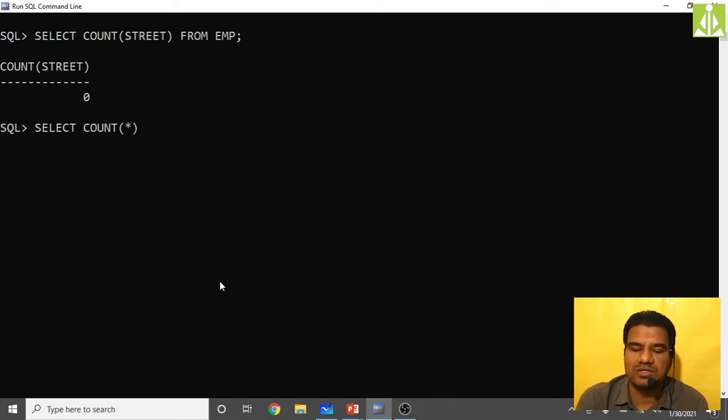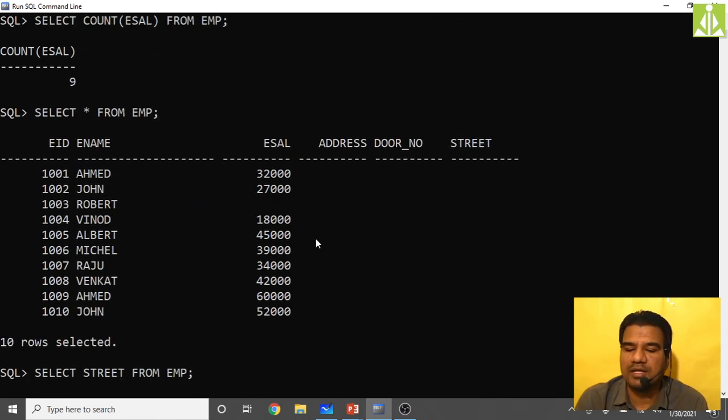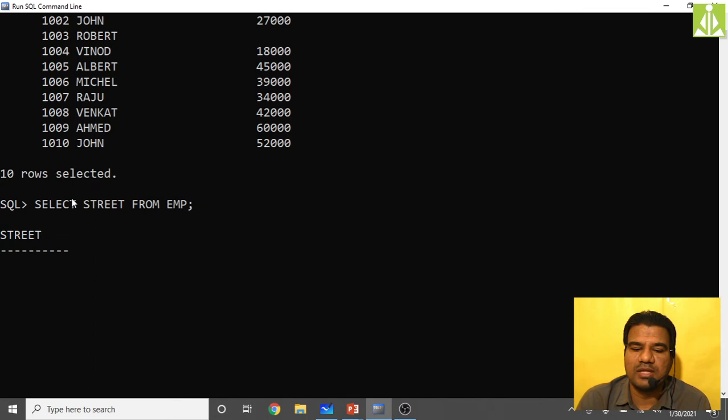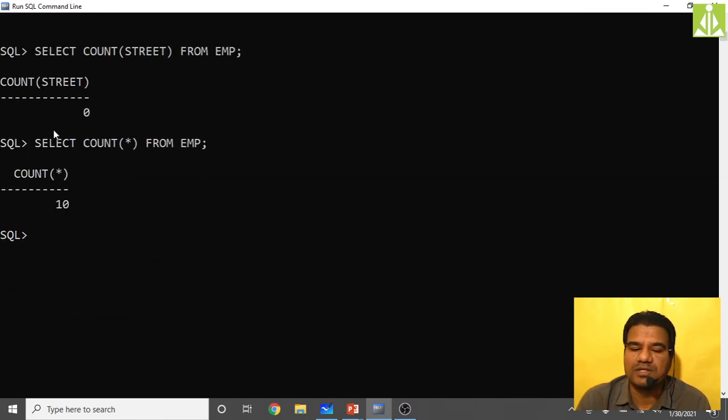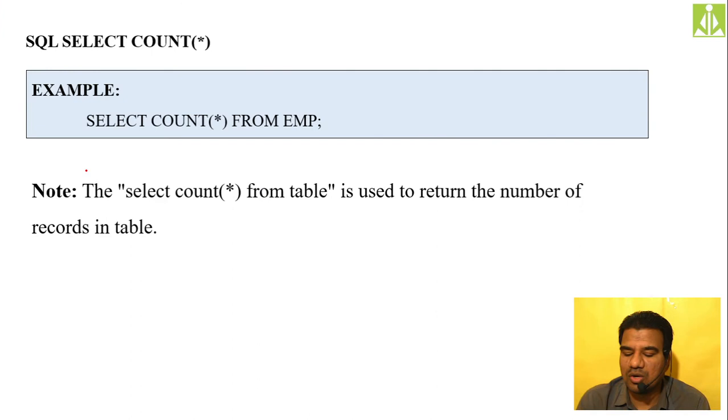It will give 10 without depending on these empty values. If you are not sure which column has full values and you want to count all the records from the table, simply use select count star from employee. It will count all the records present inside your table and print the count on the output screen.